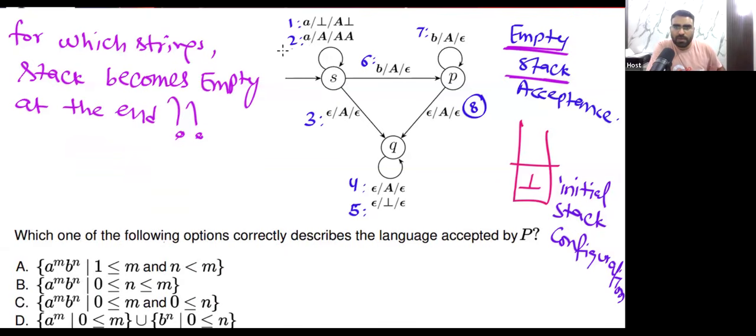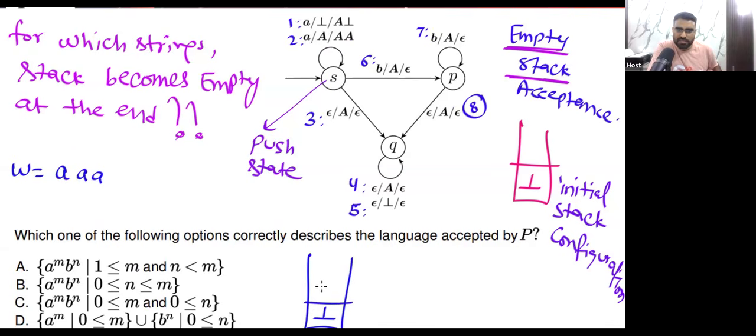You can notice one thing. Look at this PDA here. For every A, we are pushing this A. So can I say that this is my push state? Please focus here. This is the push state. For every A, we are pushing one A. For example, if you have 3 A's, then you will push 3 A's. Initially, this is there on the stack. Then for every A, you will push one A. Now after that, notice if B comes, please focus here. If B comes, then what will we do?